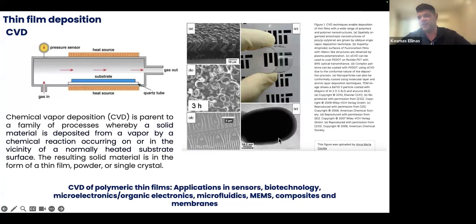powder, single crystal. Here you can see an example of chemical vapor deposited materials which are also transparent. CVD has been widely used in several applications in sensors, biotechnology, microelectronics, MEMS, microfluidics, whatever. It is a very versatile technique, really easy to do, and really flexible depending on the material. Of course, because you have to heat the substrate, you cannot easily use it to sensitive polymers, and there you